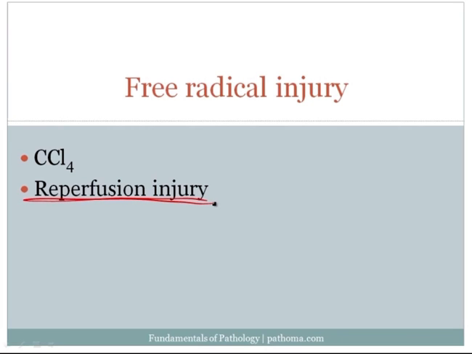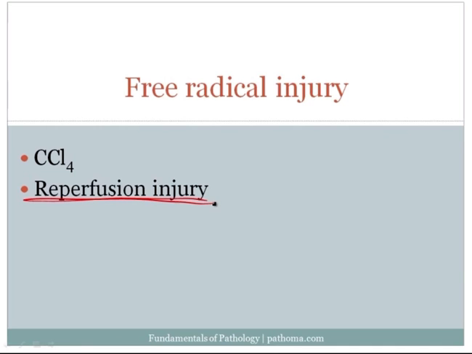Now, once the tissue dies, the cell membrane is going to be damaged, right? That's the hallmark of irreversible injury, cell membrane damage, and enzymes will begin to leak out into the blood. In particular, the troponins are sort of the gold standard enzyme, cardiac troponins that will actually leak out into the blood. Now, as those enzymes leak out into the blood, they will be an indication that there has been irreversible injury to the cells. If the blood is returned to the organ, let's say that the patient goes to the cath lab and they open up the artery,